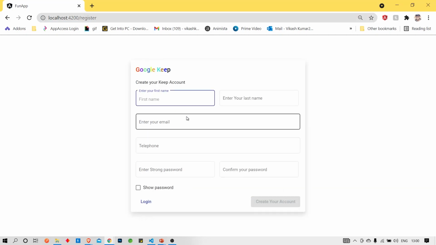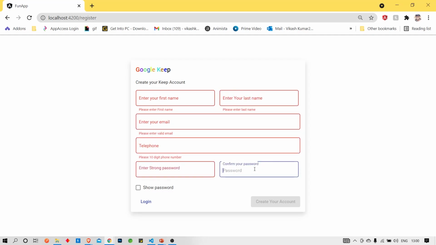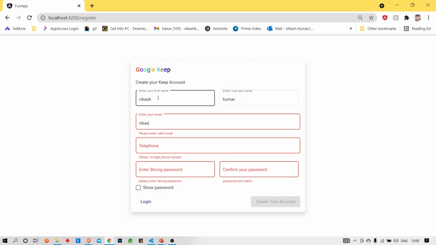Here you can also see we have given each and every validation. If we do not enter anything, the border will be red and the button will also be disabled. If I give the email in an incorrect way, it will not accept it. We have to give the email in a proper format.